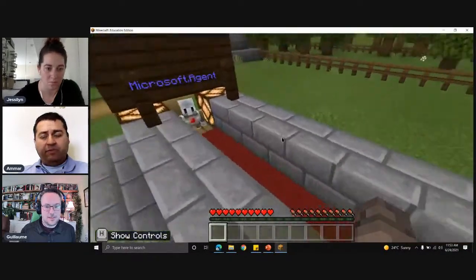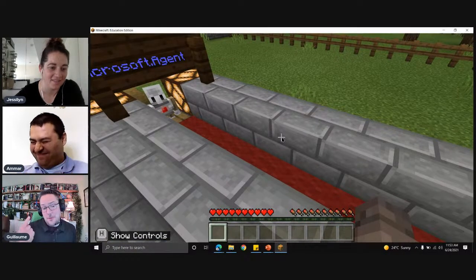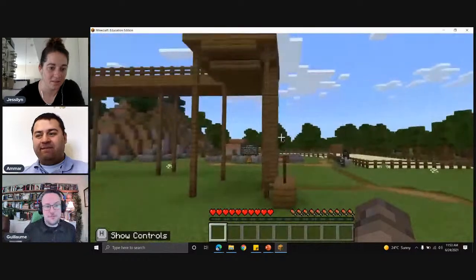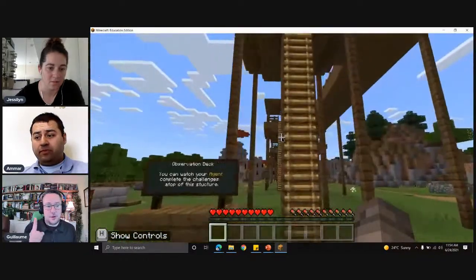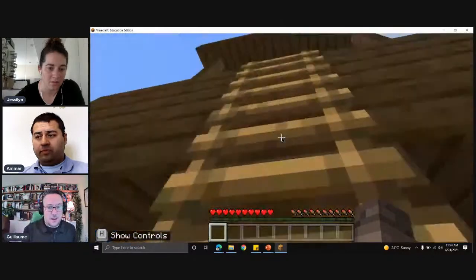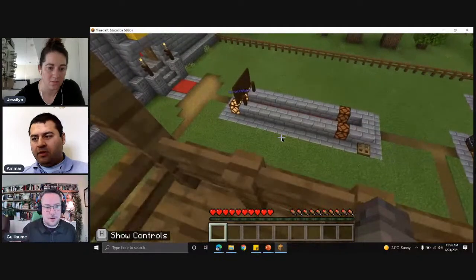If I want them to move, go ahead. It's better if I unmute. If you turn around, Amar, and you look up just a little bit, you'll see there's a platform on top there. If you climb that ladder, you'll get a bird's eye view of the challenge, and it will maybe be easier to see approximately how many blocks there are.